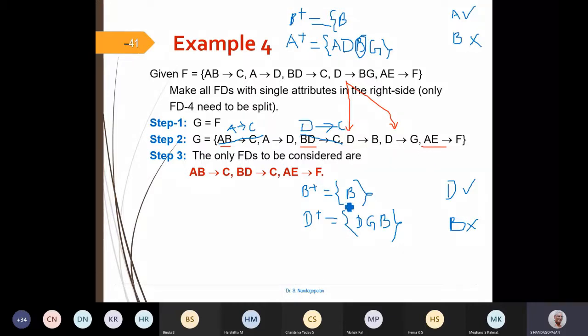Next AE. So if I remove E, so E I want to test. So find A plus. Start with A. So we have D. D will determine BG.